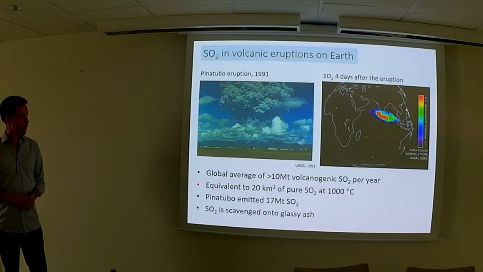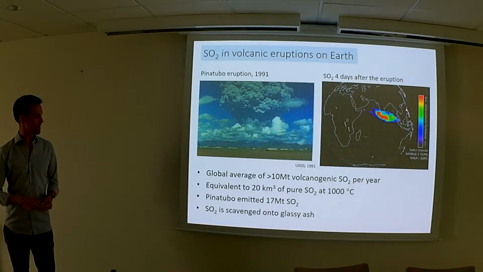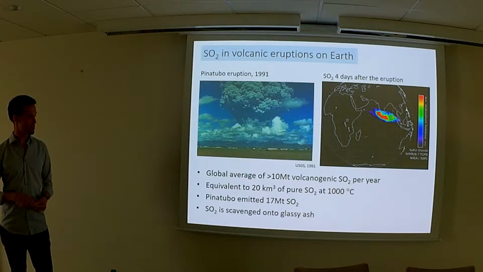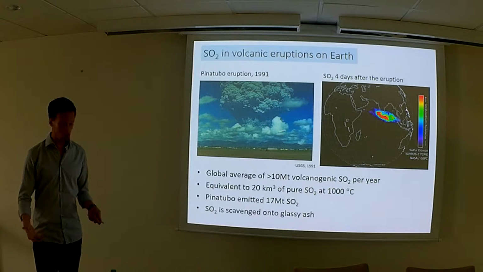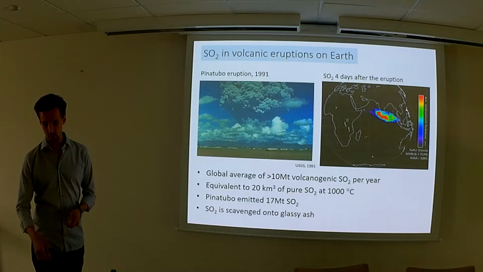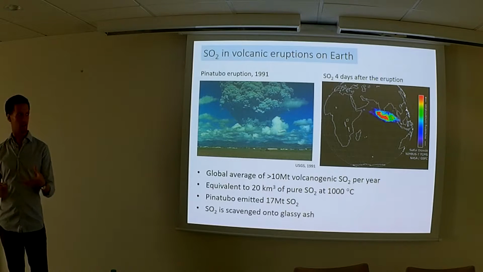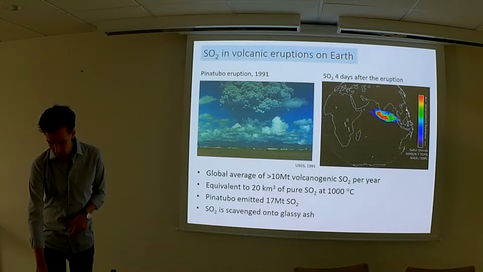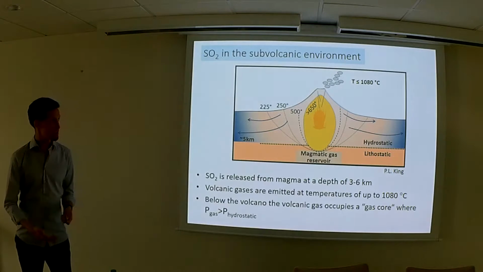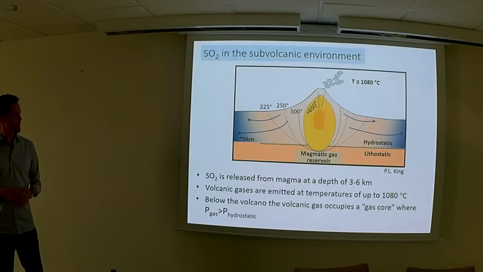So globally, there is an emission of about 10 megatons of sulfur dioxide per year, but usually it's the very large individual eruptions which can emit much more on their own in a single eruption than globally in 1 year. So we have this reaction occurring, as I mentioned, on different planetary bodies, and in explosive volcanic eruptions. And we also have sulfur dioxide gas, of course, in the subvolcanic environment, and that's where I've been quite interested